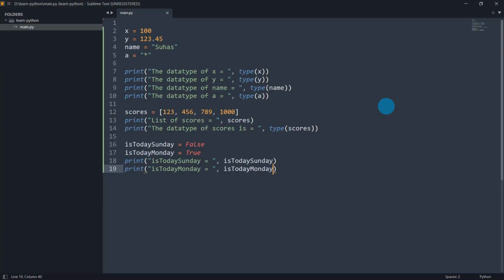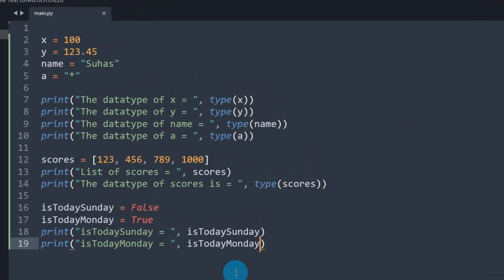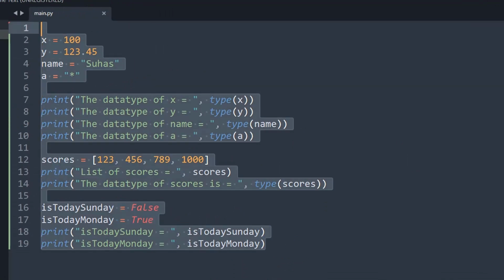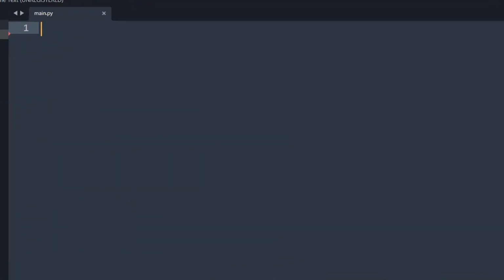Okay, let's see how to use operators while writing the code. I'm just cleaning up all the code here. I'm saving this file. Now the file is empty. First we'll see what the arithmetic operators are. Then assignment operators.